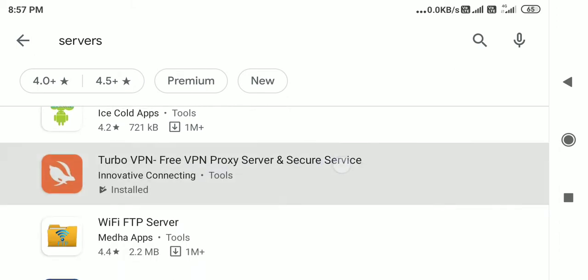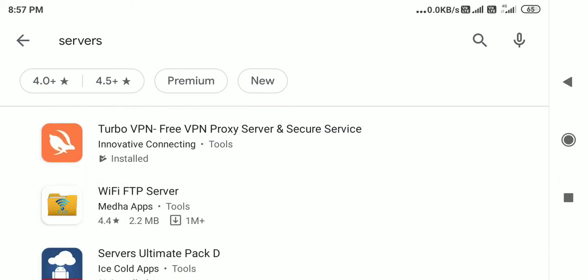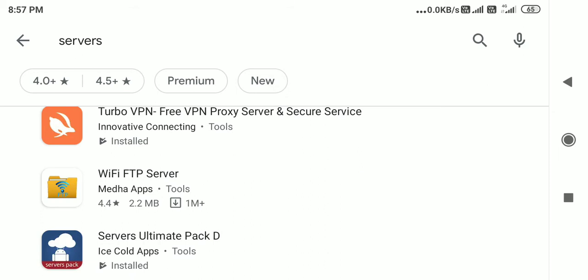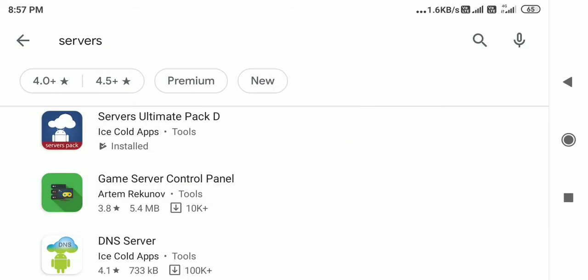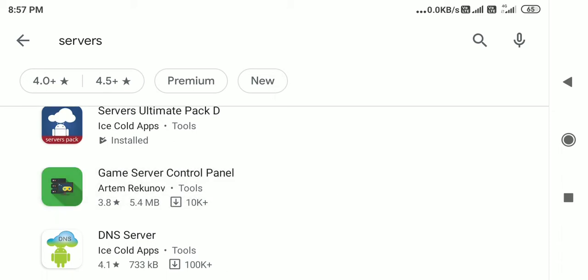Now let's see. Wi-Fi FTP server. So this is a server, which is going to use some kind of pack. Now game server control panel. When you're going to play a game, usually games are things which give control.